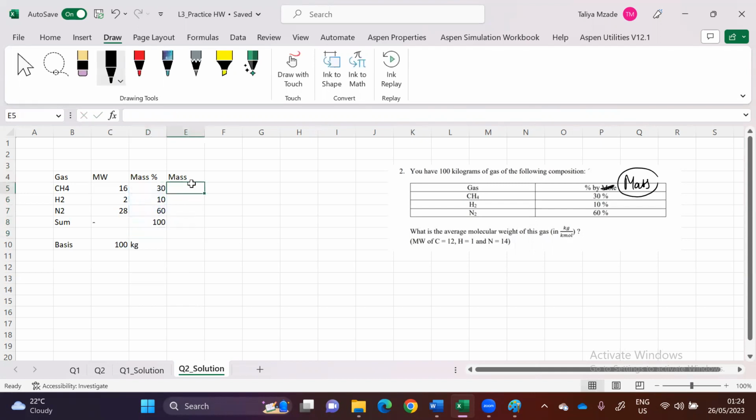And let's find the mass, the total amount of the gas compounds, all of them, multiplied by the mass percentage over 100 because we need to use the fractional conversion here. Okay, and this is kilogram because in the question it was also given in kilogram. Next, we need to find out the moles. So moles will be equal to, again,